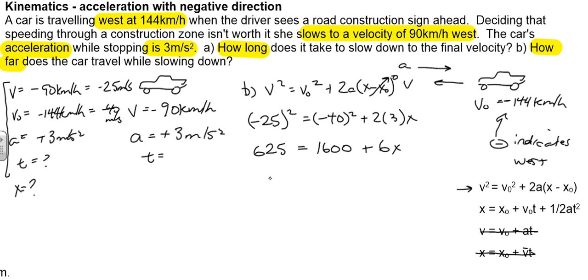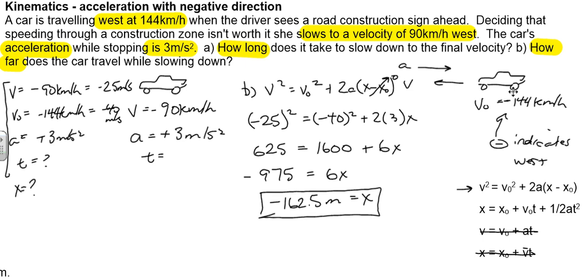Going to bring this to the other side, so I'm going to subtract it. So that's going to give me negative 975 equals 6x. And divide by the 6. And I should get negative 162.5 meters for x. You're probably asking yourself, well, why do I have an x value that's negative? That's not right. Well, remember that we're traveling in this direction, traveling the west direction. So our displacement, or how far we've gone, also has to be in the negative direction, which makes sense now. We've gone 162. So if this position here were 0 on a number line, that would be a negative